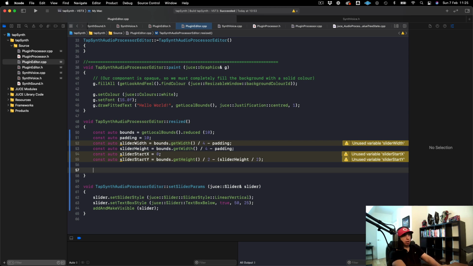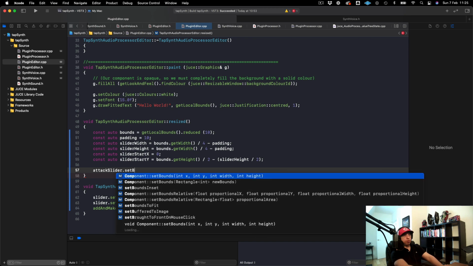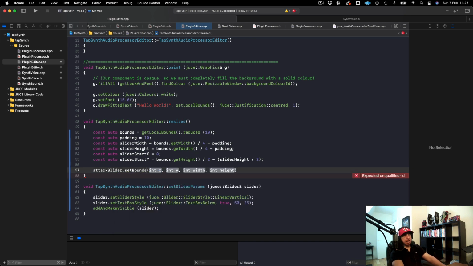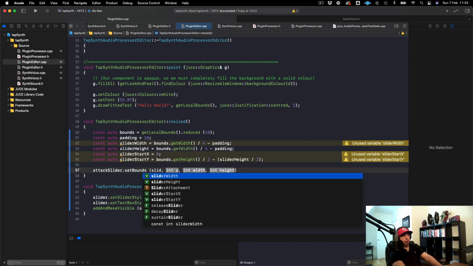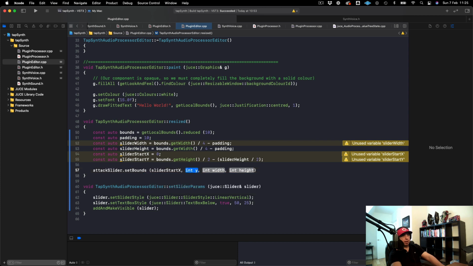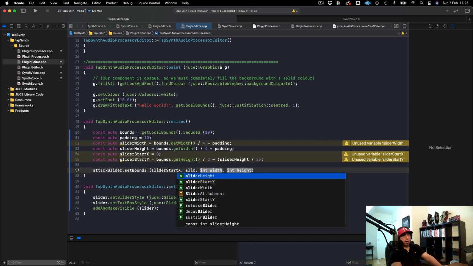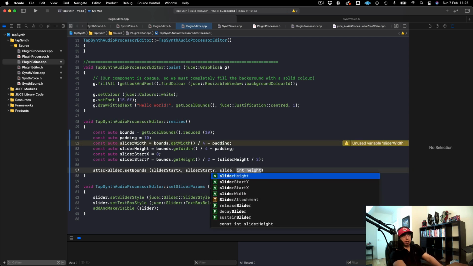Okay, so now we can set the bounds. I'm going to do attack slider setBounds. Once again, there are a million ways that you could do this. You could do this with Flexbox. Flexbox would probably be even more simple in this situation, but here we are. So I'm going to do slider start X, so we're going to start at 0. And then we've got slider start Y, so all of our sliders are going to start in the same Y position. And then in here I can put slider width